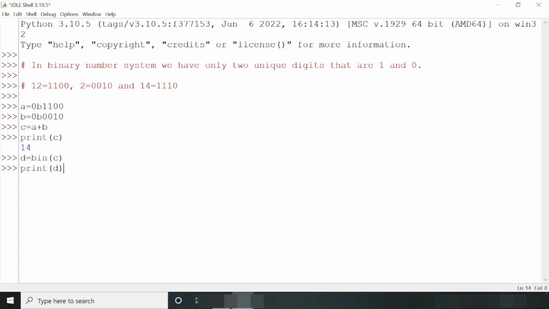Now if we print d, it is showing the binary representation, that is 1110, which is the binary representation of 14. Here the notable point is, if I print the type of c, now it will be showing integer value, that is class int. Now I try to print the type of d, then it will be showing string format,